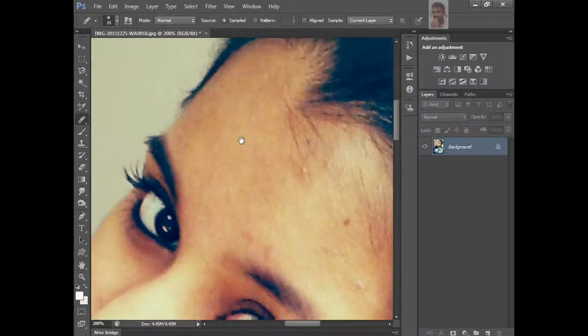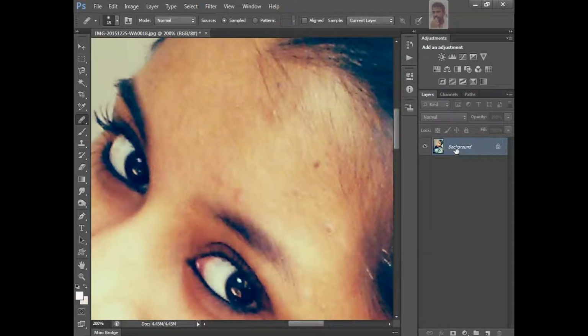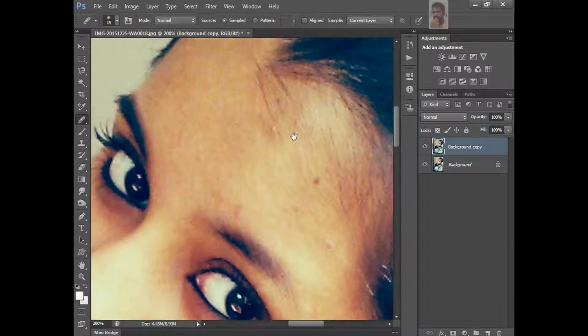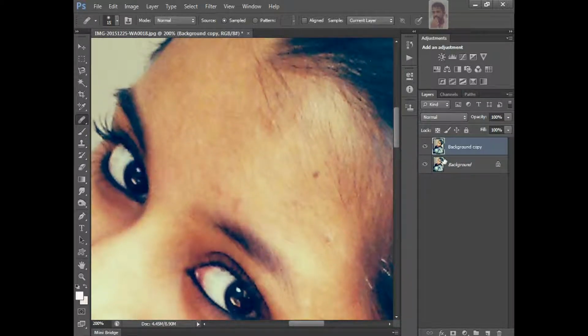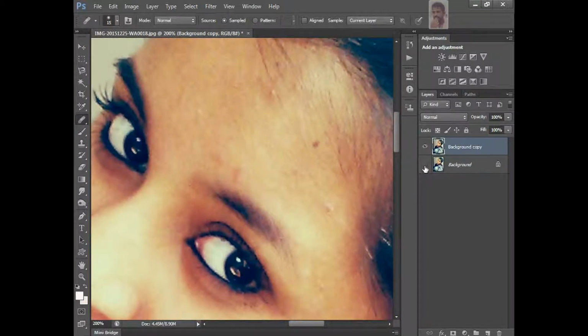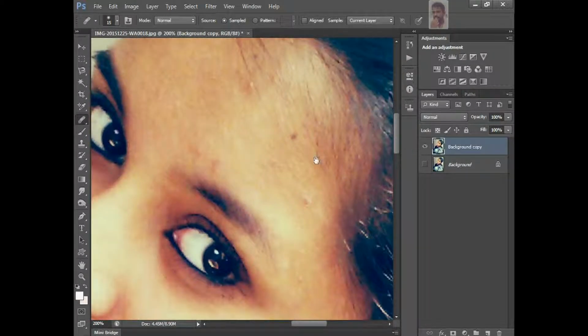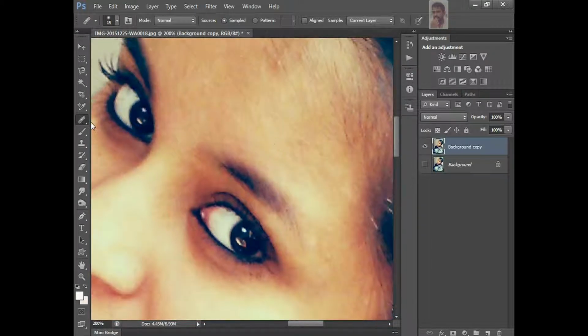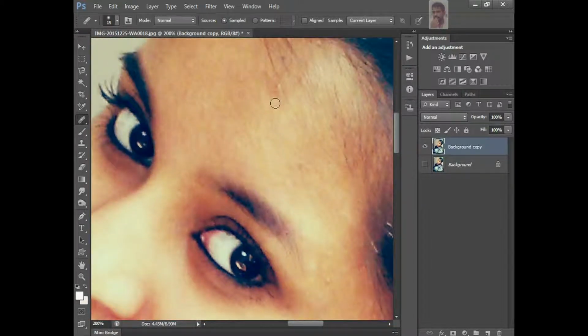Before doing this, take a duplicate layer, because if you do something wrong, the original image will be spoiled, right? Do the work on the duplicate, and turn it off to check the original image afterwards. After that, save the image. Just drag it here, Alt click, and drag it. It's a simple thing: whenever you use the healing brush, Alt-click on good skin near the patches, then drag it here, and it will go.